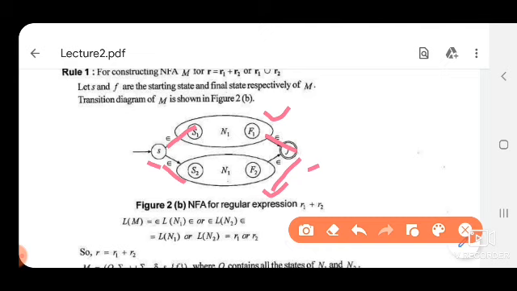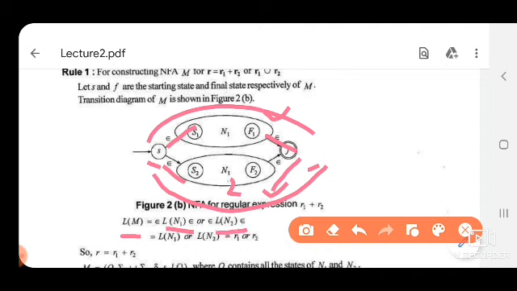So either we go through N1 from S to F, or we go through N2 from S to F. This is the representation of the NFA for R1 plus R2. If we represent this machine with M, then the language generated by M contains any string generated by the N1 machine or by the N2 machine.